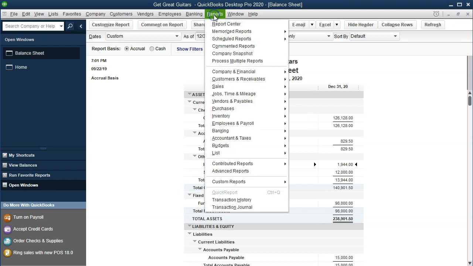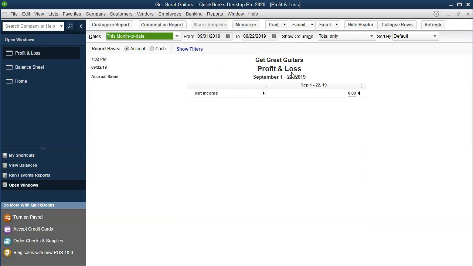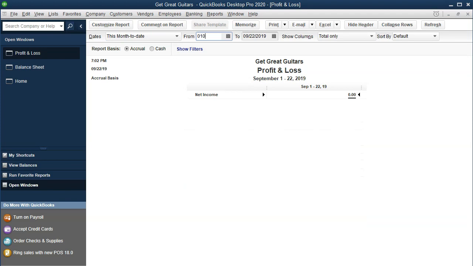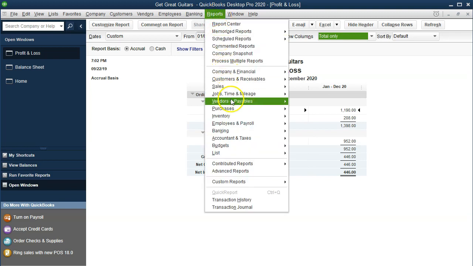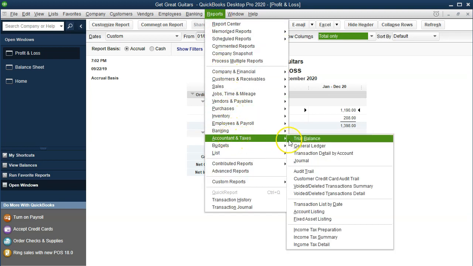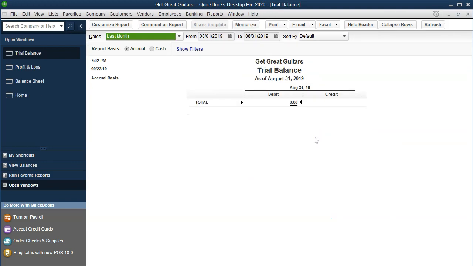I'm going to open up the other report, being the profit and loss report, company financial profit and loss report, dates being 01/01/20 to 12/31/20. Now, there shouldn't be anything happening to the income statement because we're not actually selling the guitars yet. We've purchased the guitars. They haven't been sold. They're on the books as an asset. Shouldn't be any change to this report. The final report we want to practice opening all the time is under accounting taxes, and it will be the trial balance report. Once again, the dates 01/01/20 to